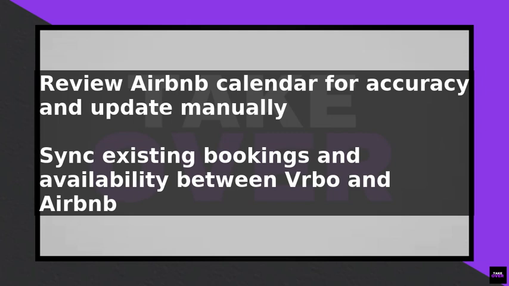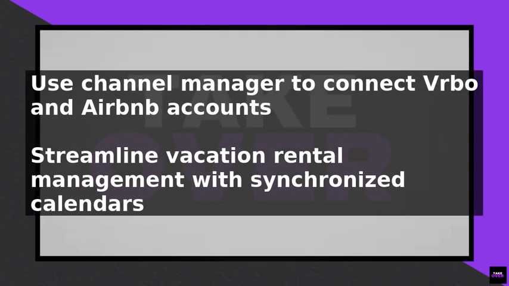To avoid double bookings and ensure that your calendars remain in sync, consider using a channel manager or a property management system that can connect to both Vrbo and Airbnb. These tools can help you manage your bookings and availability across multiple platforms, saving you time and reducing the risk